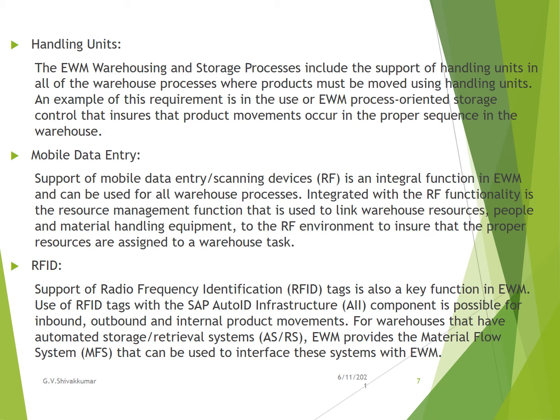Material handling equipment. So we have this user assignment to the particular warehouse task, and it will also show what type of RF devices we are connected to and what the resolution is. Normally we have 16 by 20 and 8 by 40 resolution types. 8 by 40 is normally used for handhelds, and 16 by 20 is normally used for vehicle-mounted RF guns.